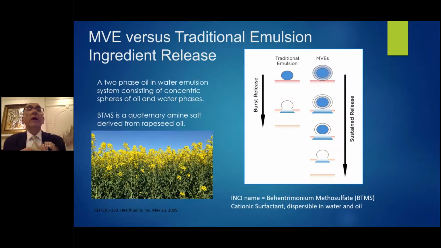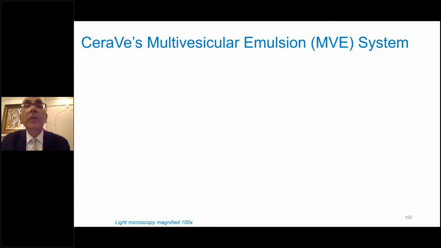stable. But more importantly, the multivesicular emulsions have little vesicles, one inside each other. So it's almost like a little onion that you peel and you peel and you peel. There is more and more in it. Or think about these little Russian dolls that they used to sell in Moscow on the streets, that you take the doll, open another one, open another, there's another little one, over and over and over. Next slide, please. So what's the big deal about that? Well, the big deal is that when you get a regular emulsion,